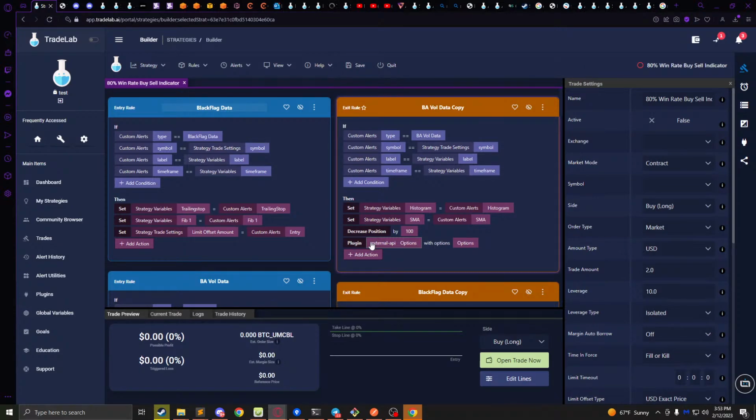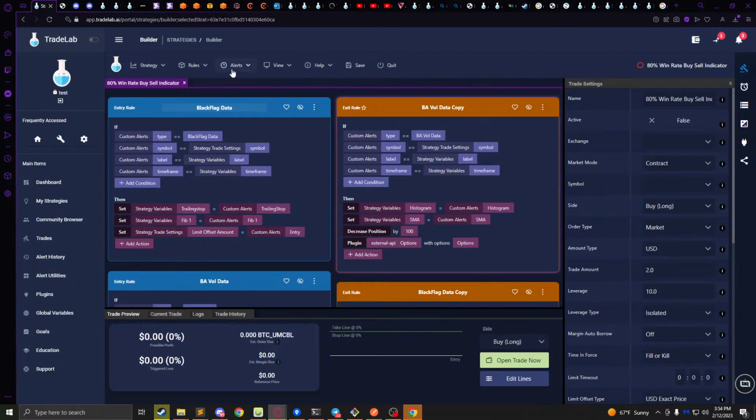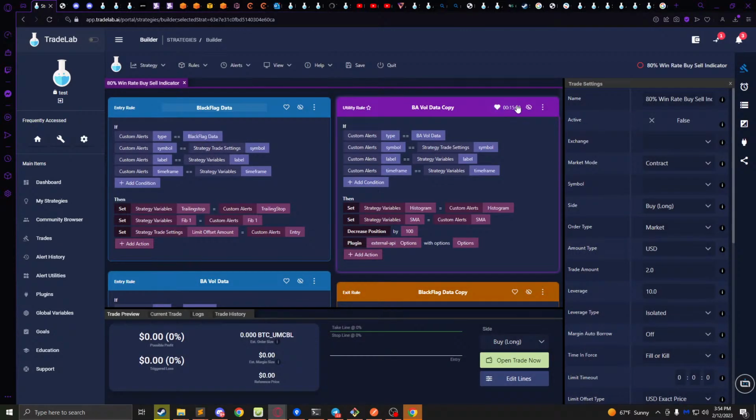Okay, and if you want to consistently pull that on a timer, we could do that as well by using our timer stuff right here, right? So we got a heartbeat speed now. I was just discussing earlier with somebody, you can make a new rule, or I could just convert this rule to a utility. Now this rule will never run unless I go up here and type in, say, 15. So every 15 minutes now, this is going to run,